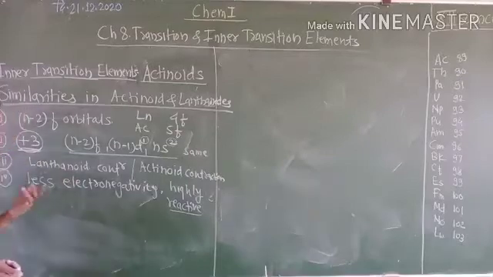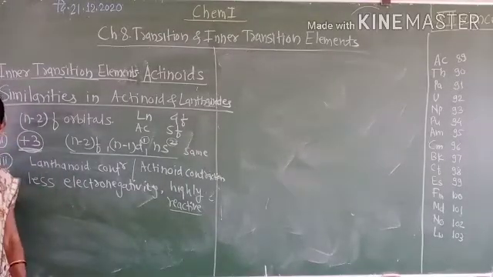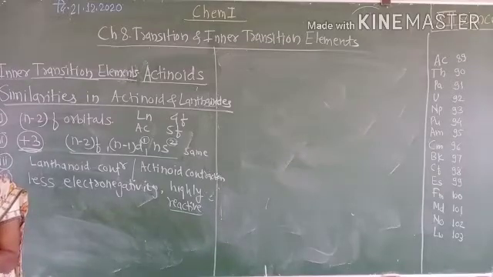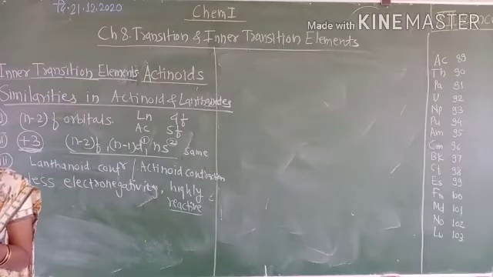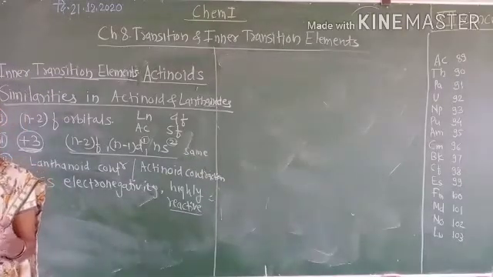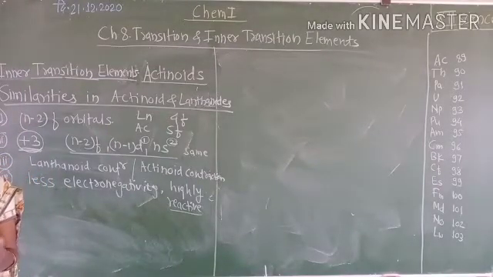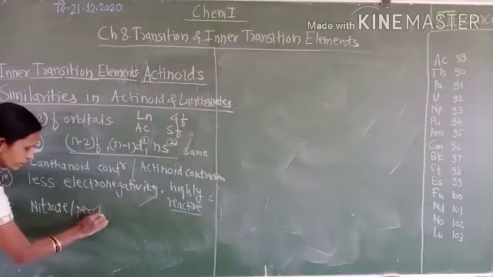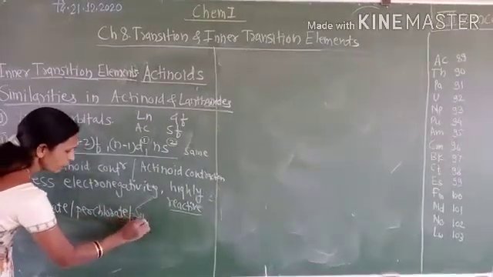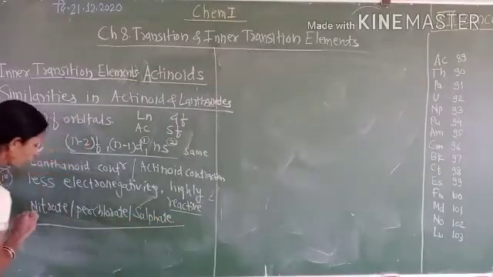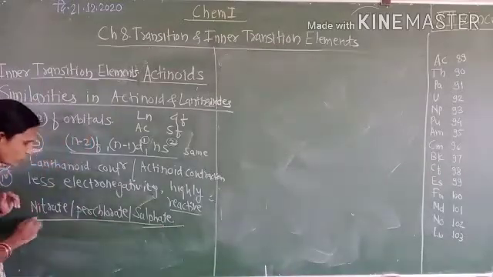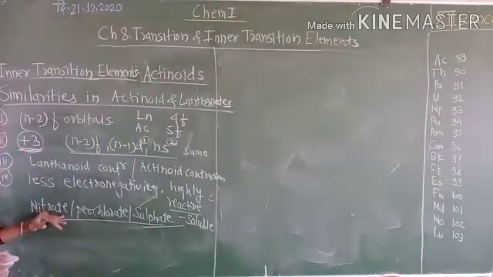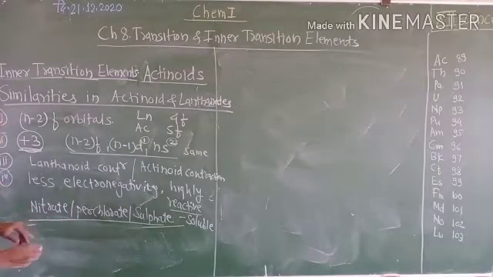One more property which is the same in both actinoids and lanthanoids is that their salts are present in nitrate, perchlorate, sulfate, hydroxide, fluoride, carbonate and oxide forms. Out of these, the nitrate, perchlorate and sulfate salts of actinoids as well as lanthanoids are soluble in water, while the hydroxides,